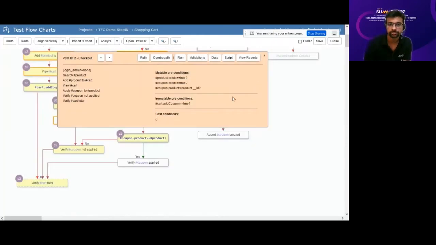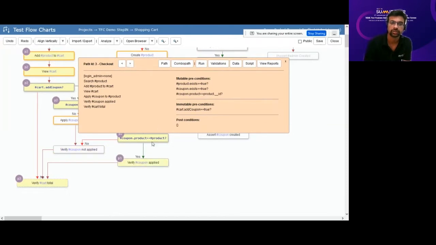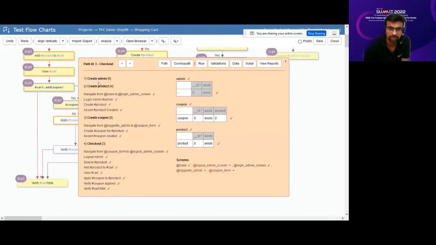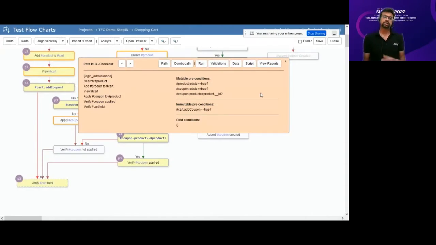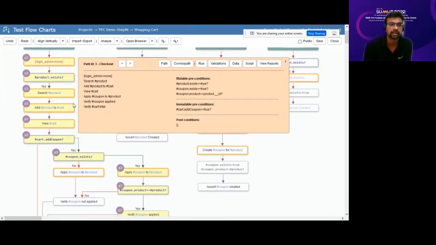without any discount. There's one last path that is left, which is where the product is for the coupon, and then we are verifying that it is applied. So here we go. We see that it creates a product and creates a coupon, and it checks it out with the same coupon and the product. In that case, the actual discount is applied, and the data for this is: the cart total is 90, the subtotal is 100. The discount of 10% is being applied here. Of course, we can add more rows of these and execute more. So this is how the definition of the path and the data has been given.